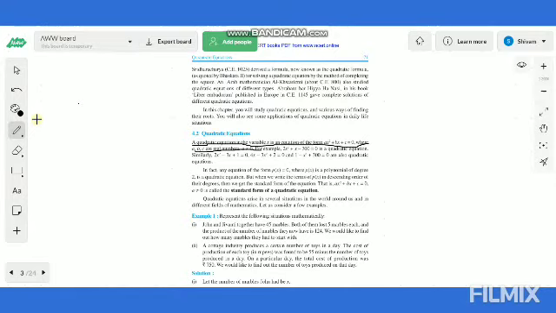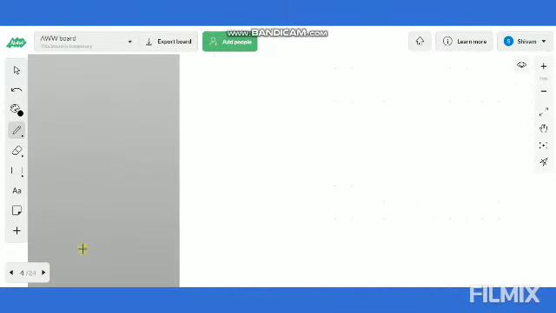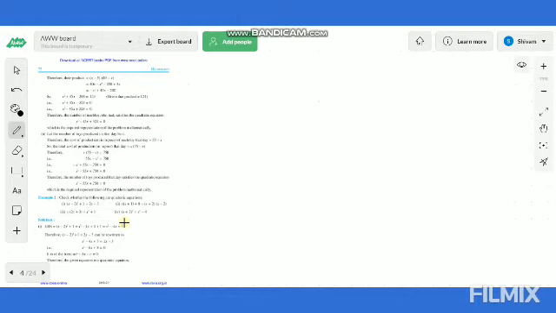Let me make one thing clear. What is equation? So equation is defined as the statement of equality. Here it is the statement of equality in terms of algebraic expression, that is ax square plus bx plus c is equal to 0. Okay, so moving toward solution of this quadratic equation.